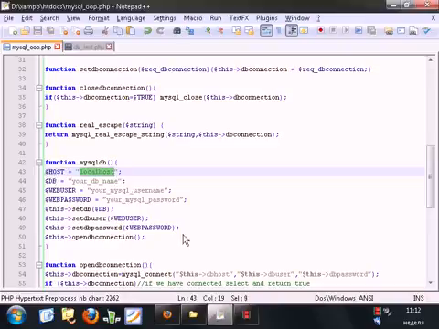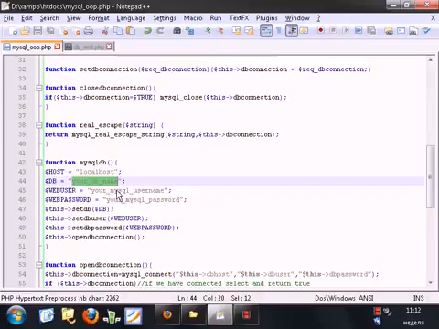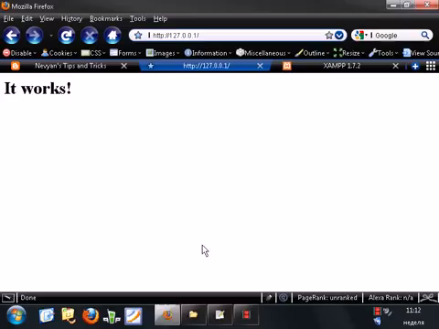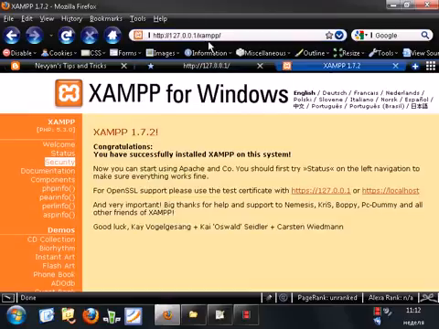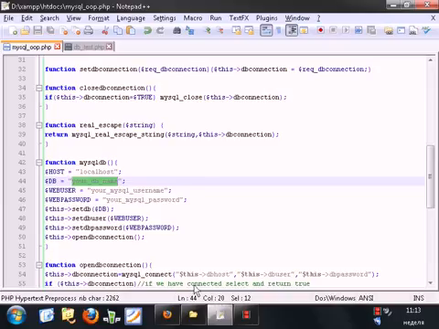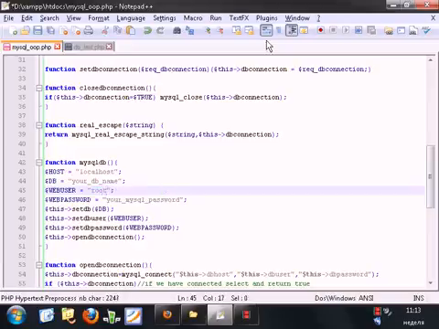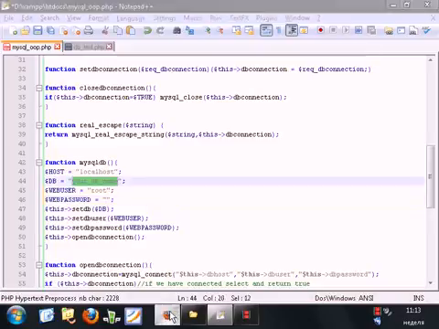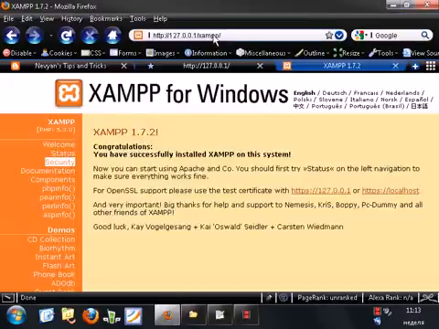Host, we are testing locally, so this is localhost. Database name, our MySQL username and MySQL password. I've been using xampp. Its web user is root without password, and then the database I will find by running